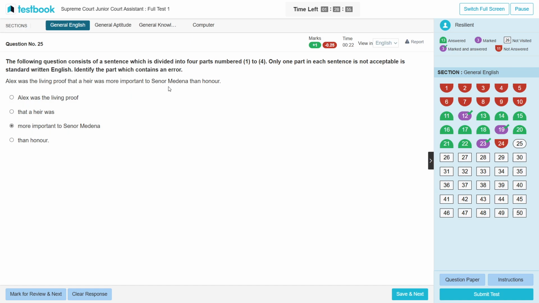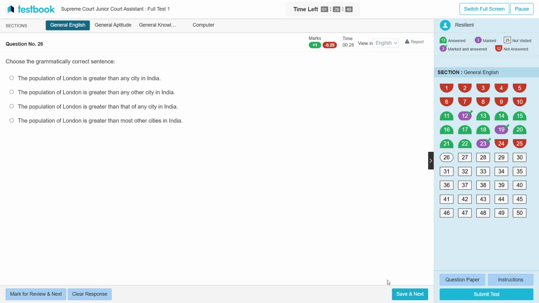Is more important than the honor of senior. The population of London is greater than any city. The population of London is greater than that of any city in India. She has